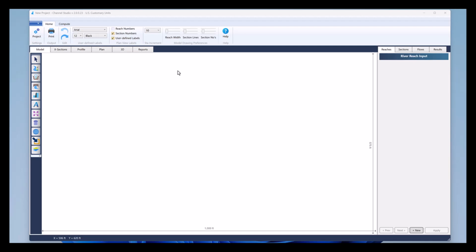And if you're new to Channel Studio, here are some important points I would like to make. One, it was designed specifically to be an easy-to-use alternative to public domain programs such as HEC-RAS and WISPRO. It's not a data wrapper or some user interface on top of HEC-RAS. You don't need AutoCAD, you don't need HEC-RAS or any other software to run Channel Studio. It's completely standalone. It uses well-known methodologies, including those employed by HEC-RAS, and you can model most any open channel